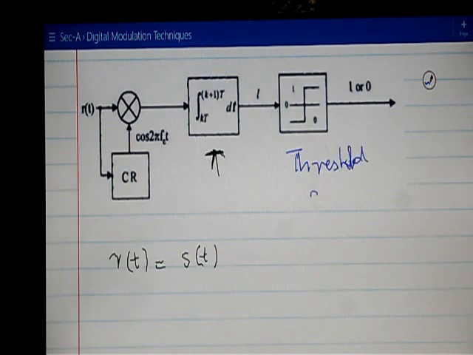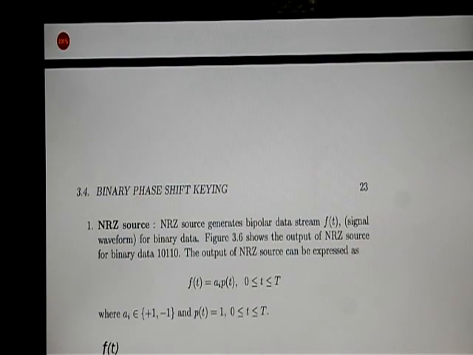Threshold detector. So this is your threshold detector. And after the threshold detector, the signal is detected as a 1 or a 0. Now just concentrate over these signals. Now let me show you in the slides, and we will see the details of